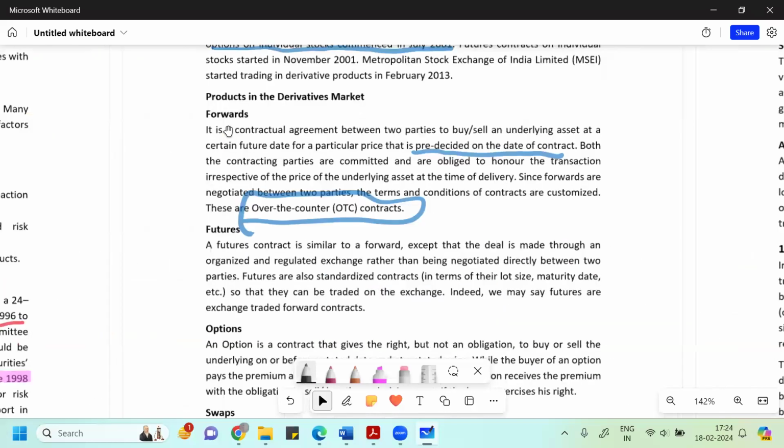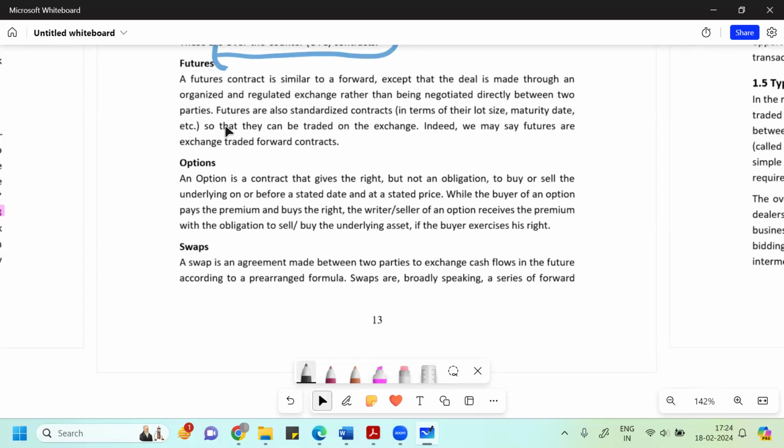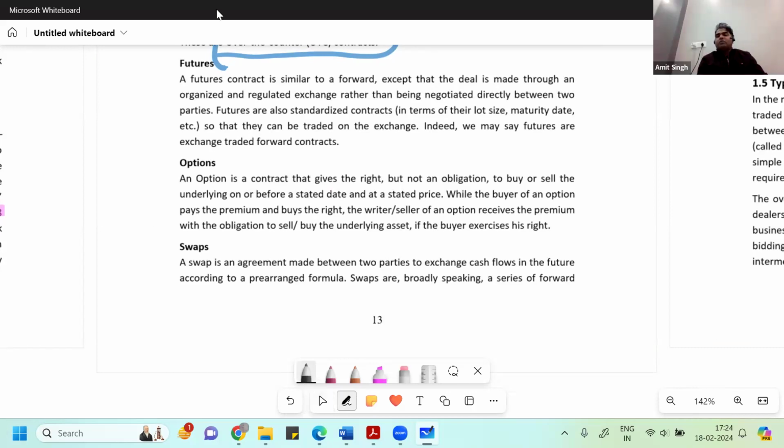Then talking about swap, which is a type of forward rate agreement. You can say it's a type of forward contract. So far, when we talk about forward contracts, you know that long and short come and do the exchange of cash flows, or the exchange of the underlying asset and payment, after a certain period of time in the future. So a swap is a series of forward contracts where the two parties, long and short, keep meeting after every regular interval of time and exchange cash flows.